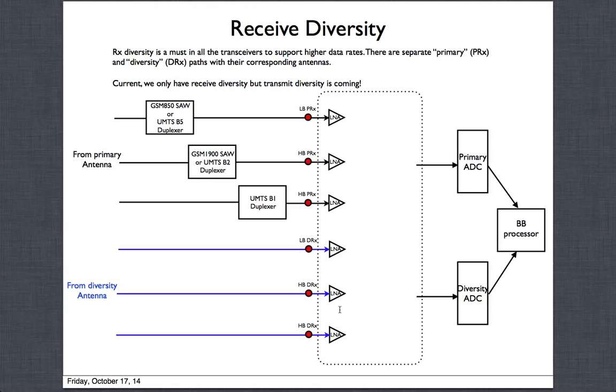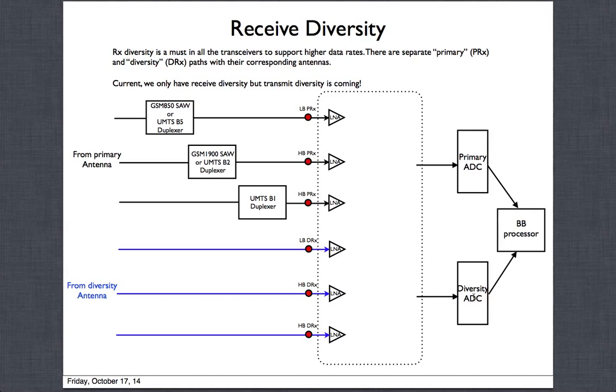But anyway, coming back to diversity, so hopefully this explains that you have the data stream coming in, which will be decoded by a primary ADC. You have the same data stream coming in another parallel path, which is a diversity path given by the diversity ADC. So given that they both are receiving it simultaneously, through all the math, you can show that your data rate is going to be higher. But intuitively, it's saying that even if you have a little bit of loss in one channel, the other will take care of it and vice versa, and that's why the data rate is higher.